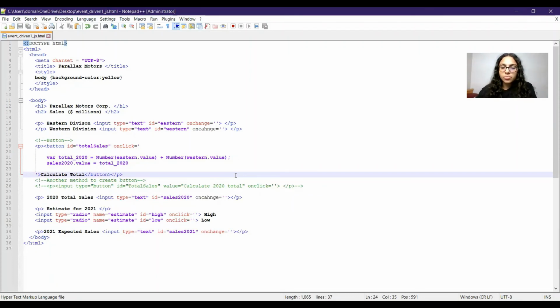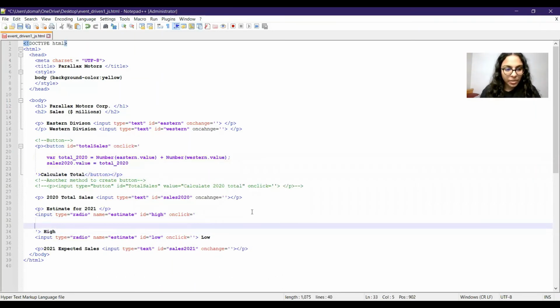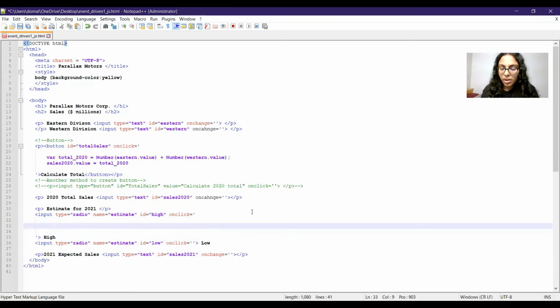Now the next thing would be to code it out for these radio buttons. Let's go to the input type where we have high. Here we can write our value. We can have var high_increase is equal to 0.30.